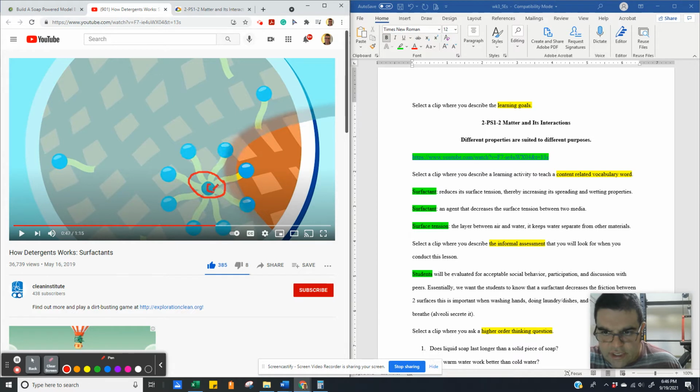This is like mayonnaise or ketchup on a t-shirt, right? And these are your hydrophilic ends of your surfactant, and together they essentially almost lift off